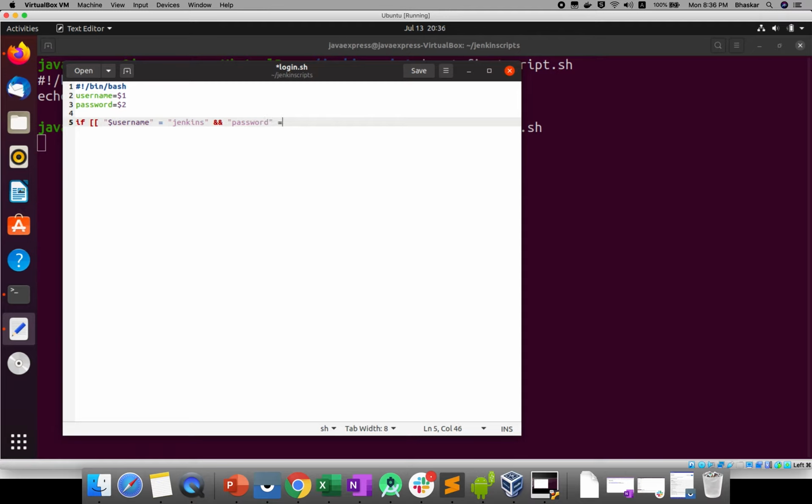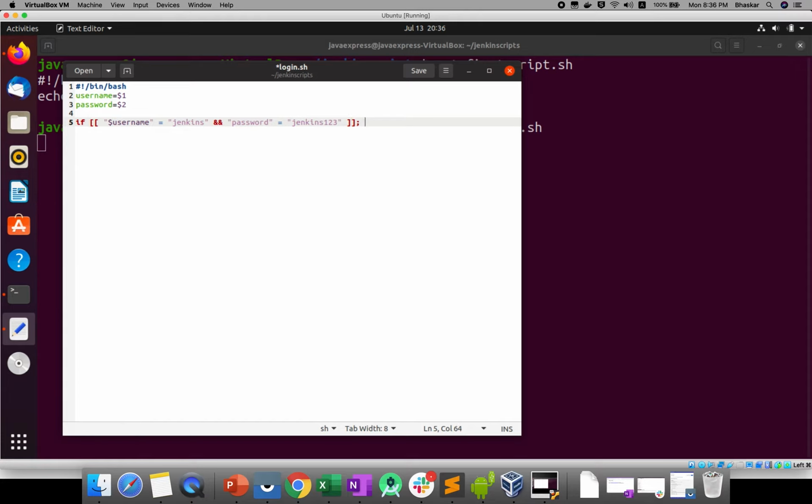My password can be anything, you can give Jenkins123. I'm giving 123 as my password. If you make any mistake, it will highlight. Suppose inside the square bracket I give one extra space, see, the color is changed, so the syntax is wrong. It will give hints to you if you use gedit, but you should practice in the vi terminal.